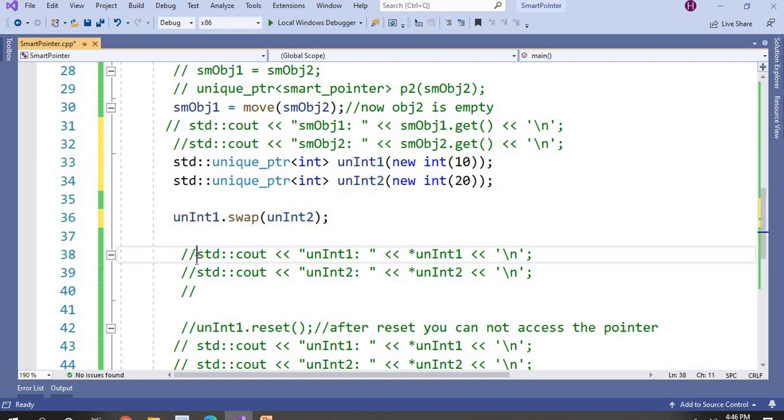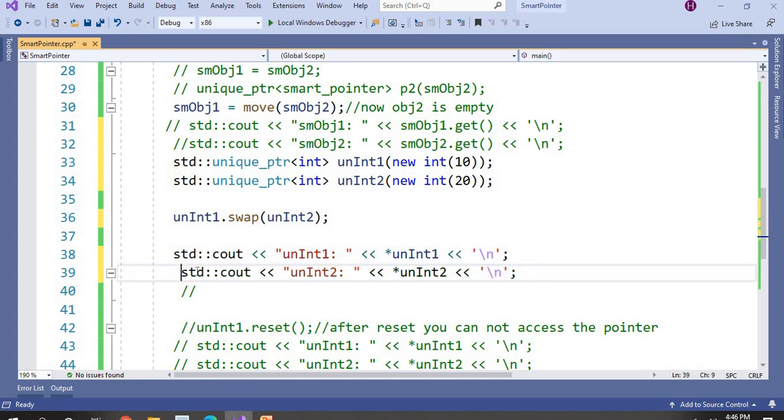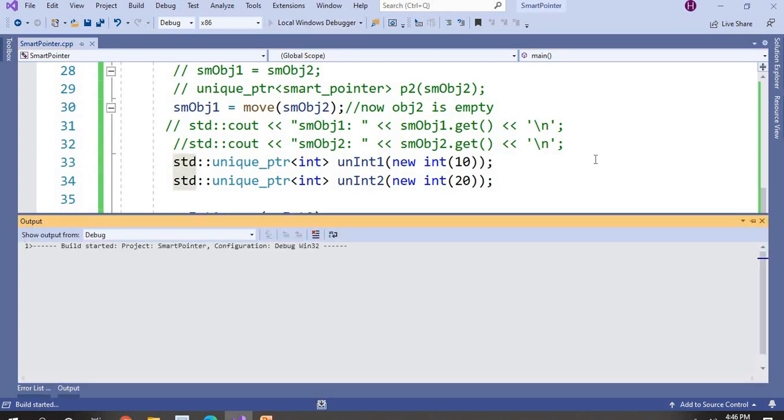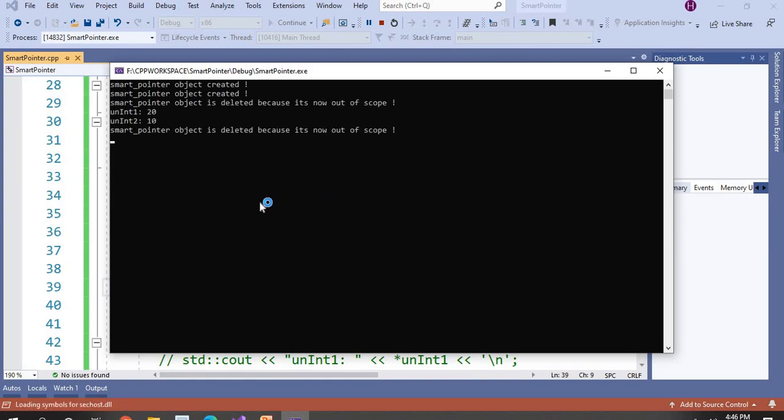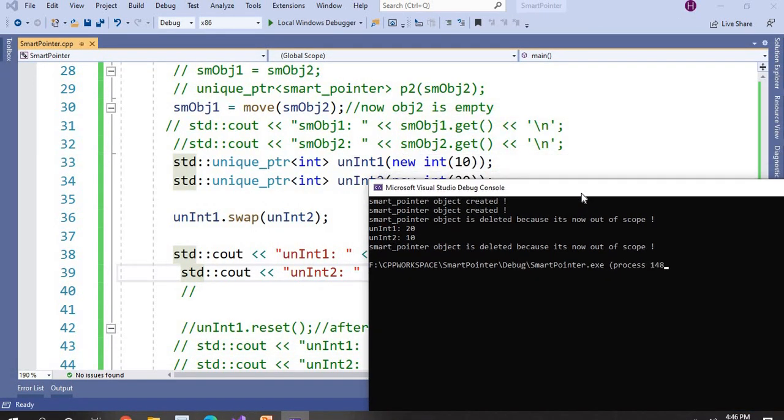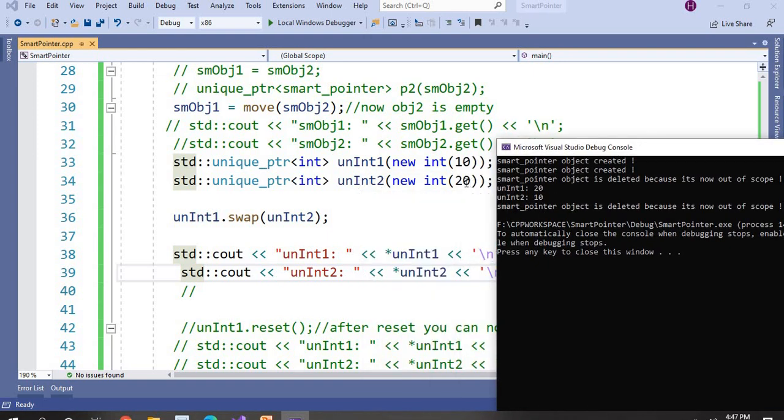So when I print this, you can see here now int1 is 20, though I had assigned it 10, and int2 was assigned 20, but it's printing 10. So the object is swapped.